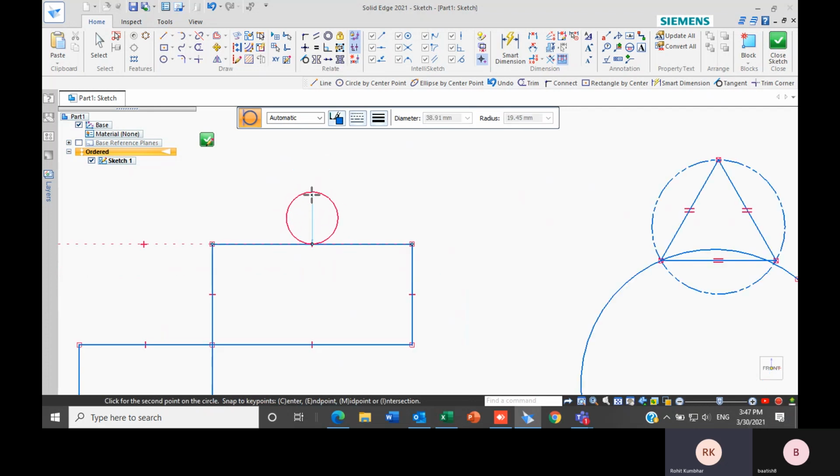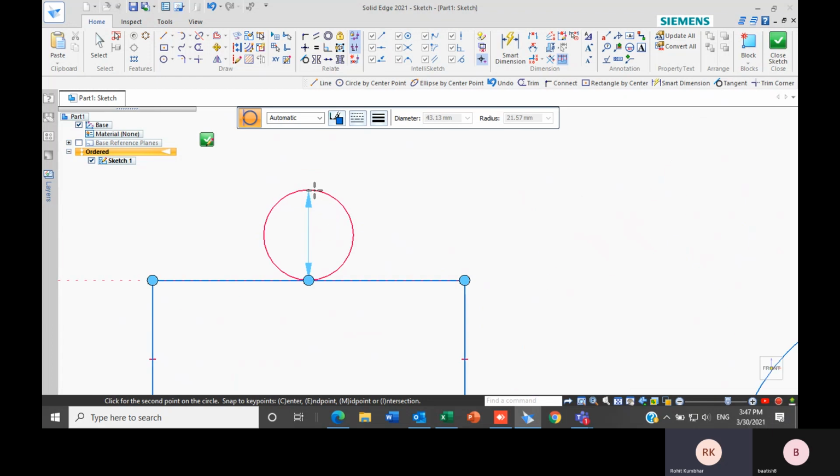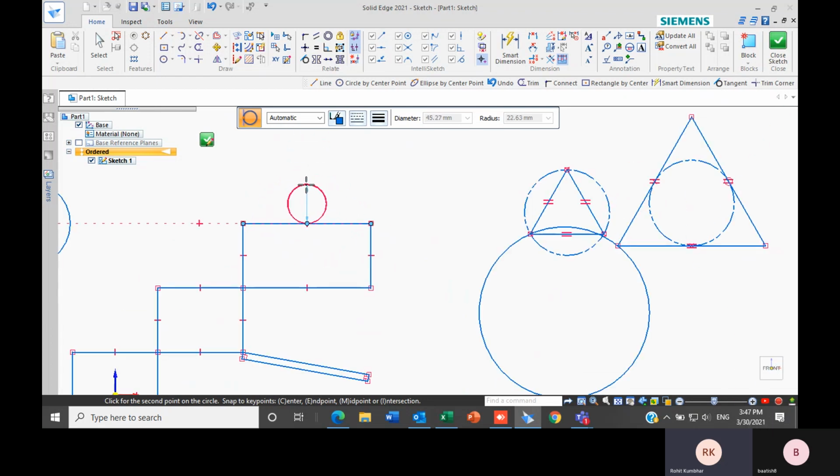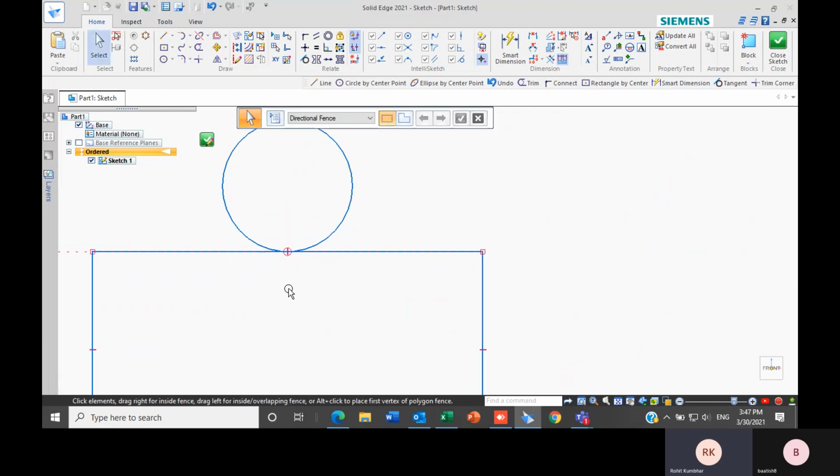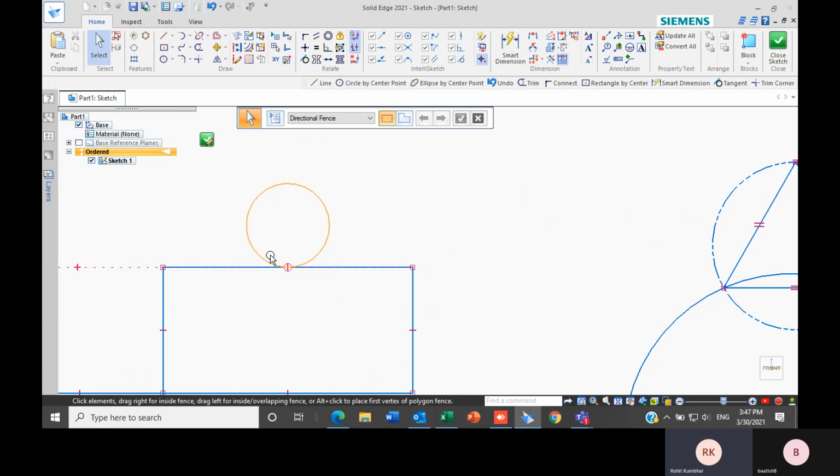Then as you can see here, for the circle which is getting created, I just have to specify the diameter. Let's say I will keep it 50 and just left click. As you can see, the circle which is getting created is tangent to this line. And if I want to change it, I can even do that.